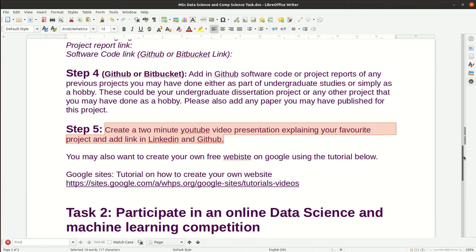So show the front end GUI, and then show the code behind it, and then talk about the languages you have used in that, or the technologies you have used in the project. So keep the video short, max 2 minutes, 2 or 3 minutes, and add that link in your LinkedIn and